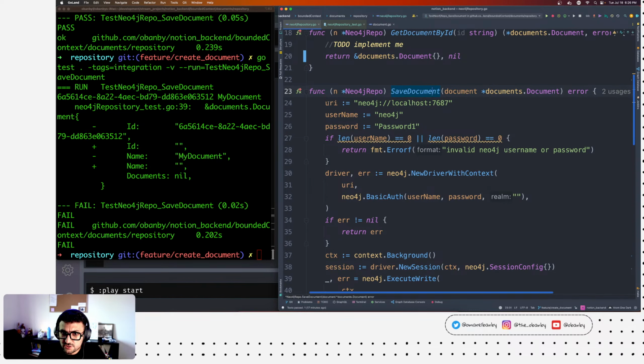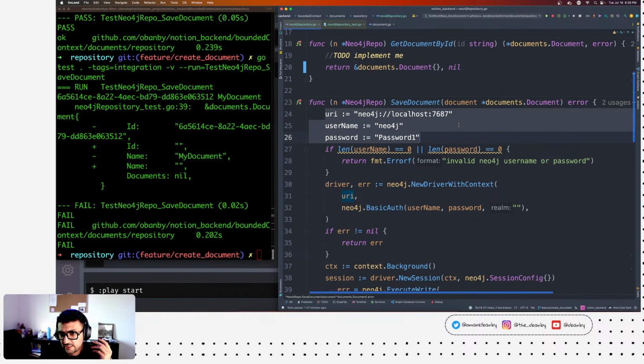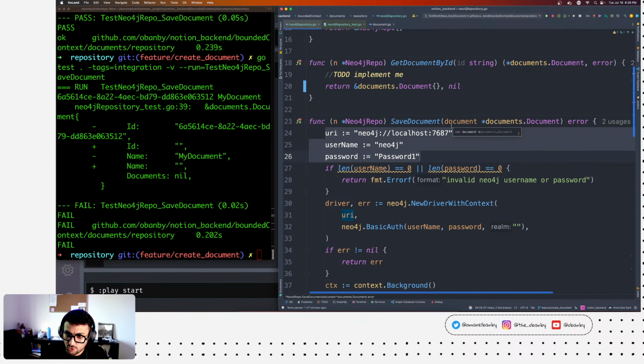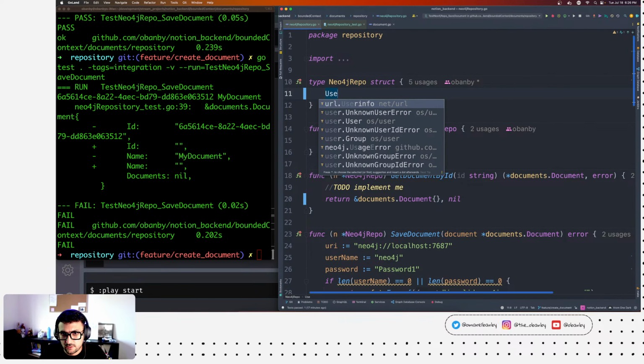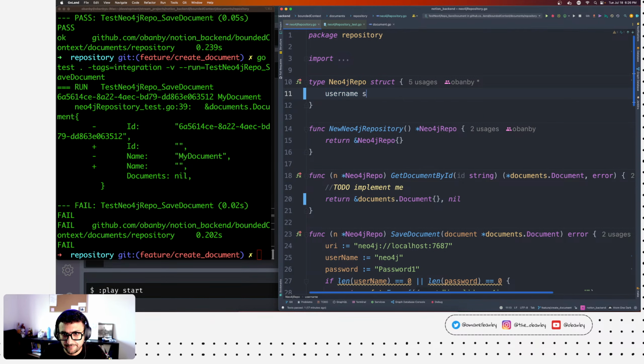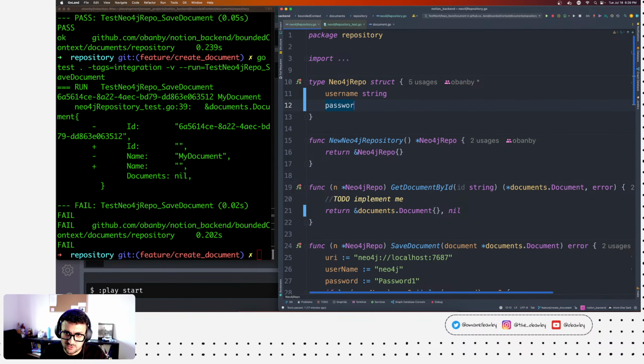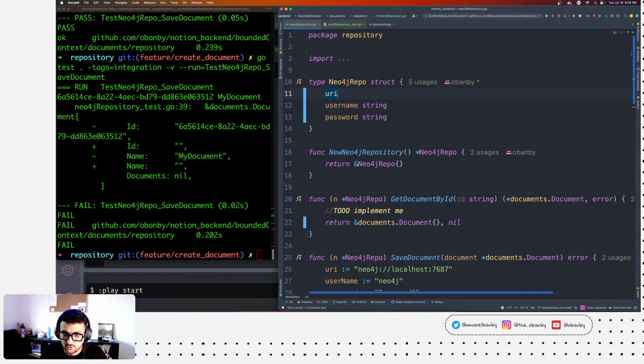Okay, first things first, the URI, username, and password. Is that relevant only to the SaveDocument? Not quite. So I can go and say the Neo4j repository has a username, which is a string, a password, which is a string, and a URI string. Great.